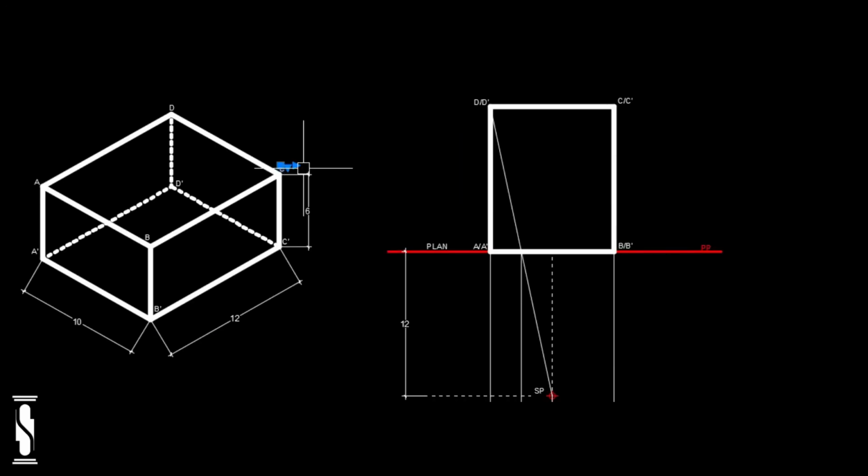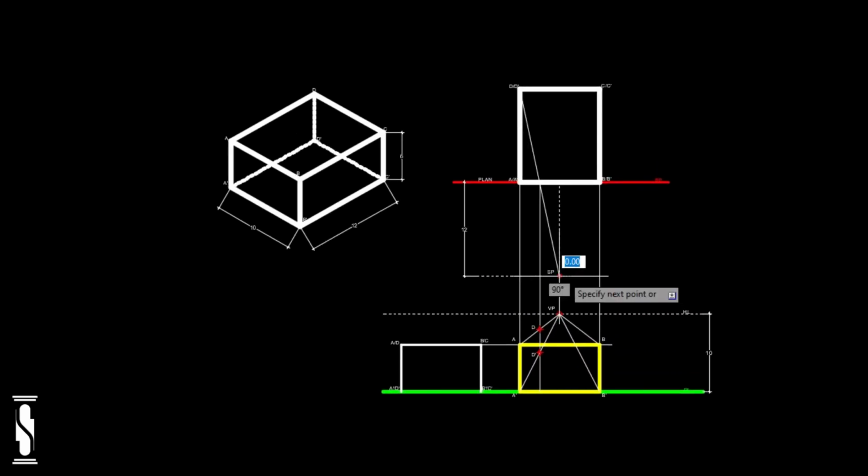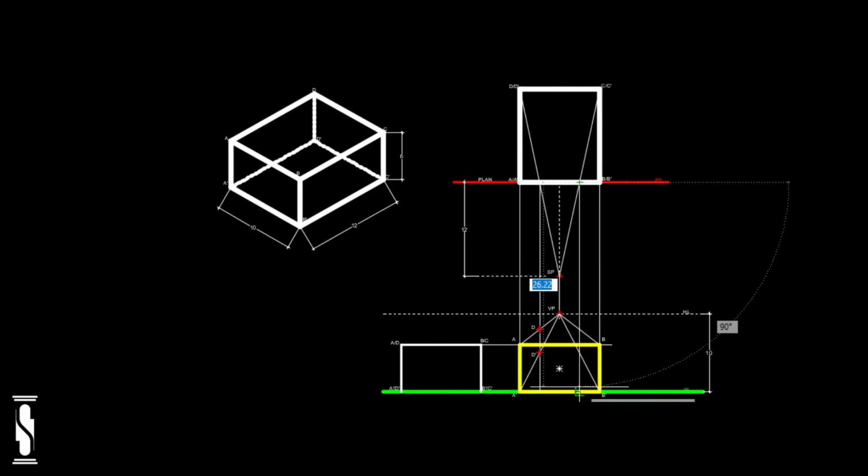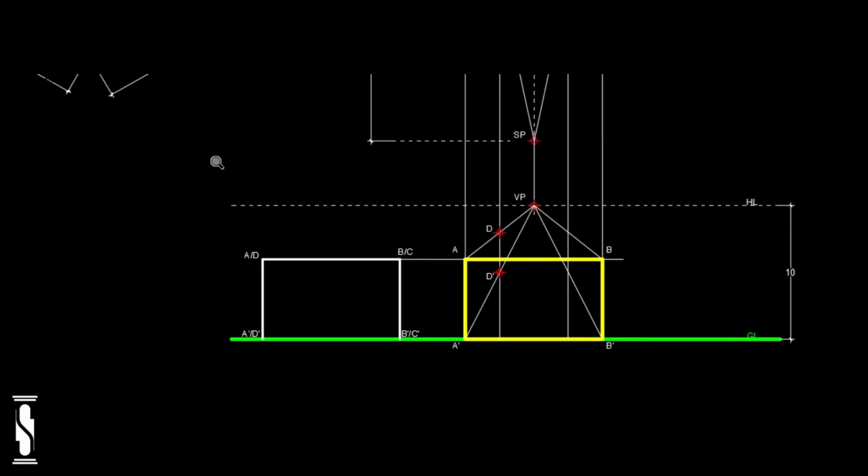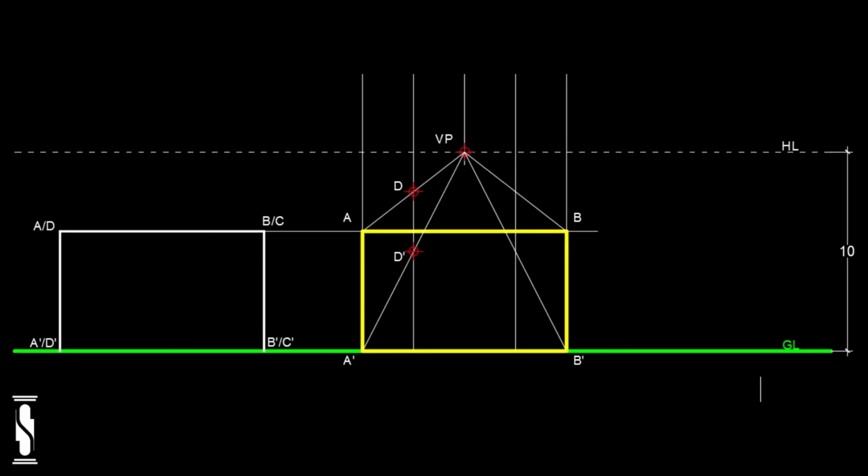Now it's time to find out the point C and C dash. To find these points, we have two options. One is draw another visual ray from station point to point CC dash, and wherever visual ray intersects the picture plane, drop a vertical projection line from that point towards the ground line. We can clearly see that this projection line is passing through the vanishing line which are originating from the point B and B dash. Wherever this projection line intersects the vanishing line, name the upper point C and lower point C dash, as point C dash is resting on the ground.